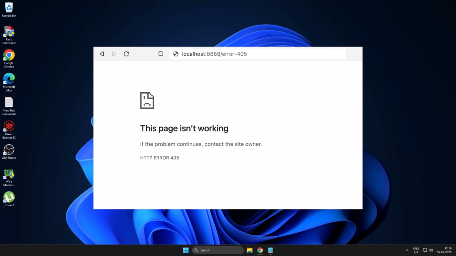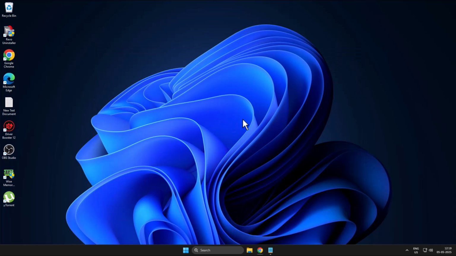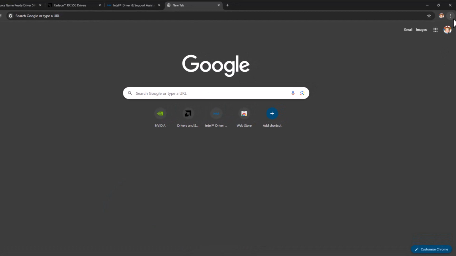Today we are going to see how to fix a HTTP error code 405 in Google Chrome. Let's fix it, guys. Method 1, you just need to open up Chrome and click on the three dot icon